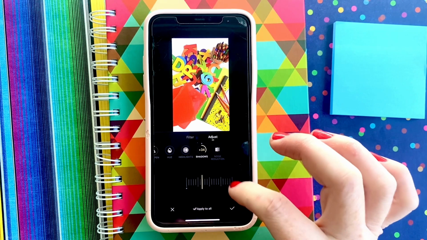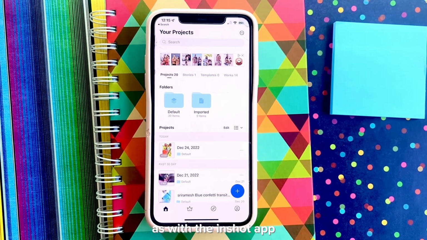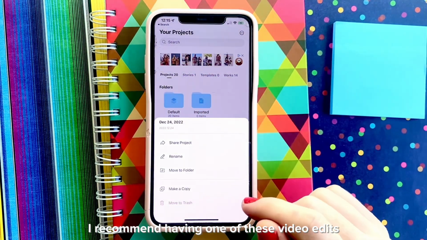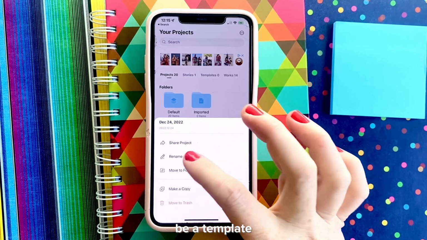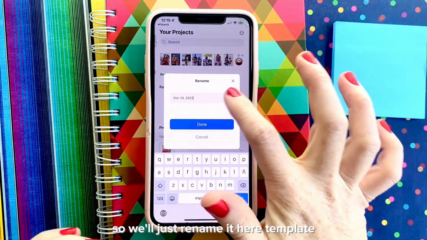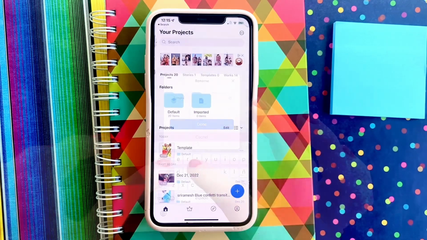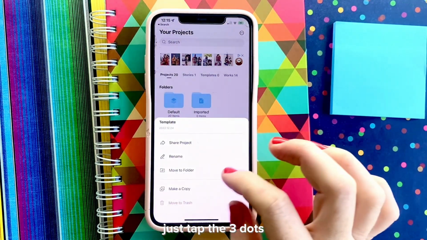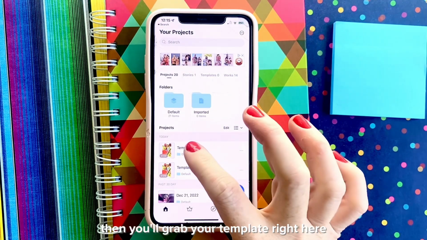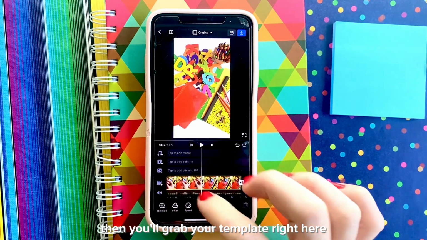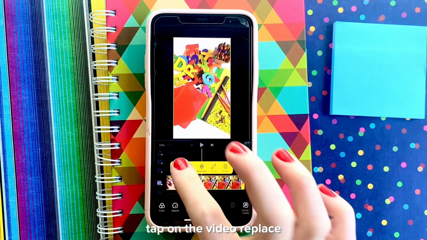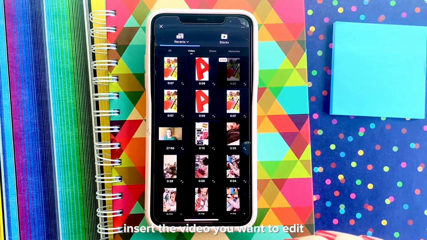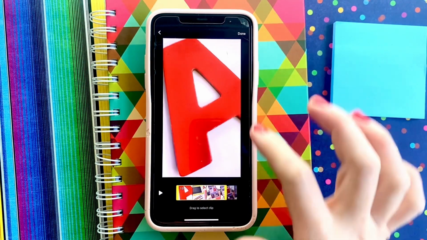which I do. As with the InShot app, I recommend having one of these video edits be a template. So we'll just rename it here, template. So the next time you need to edit a video, just tap the three dots, make a copy, then you'll grab your template right here, tap on the video, replace, insert the video you want to edit, and once again